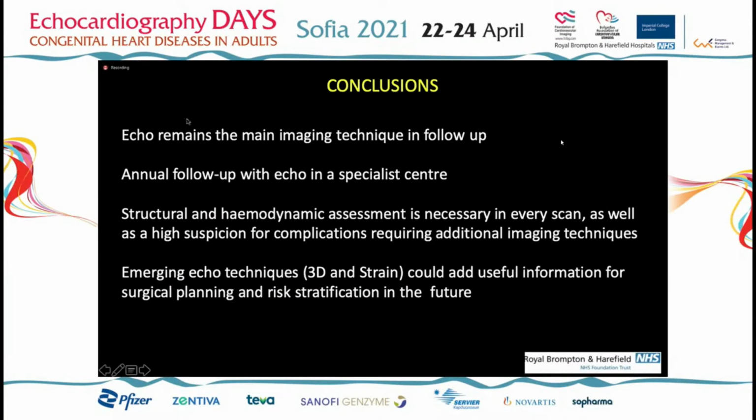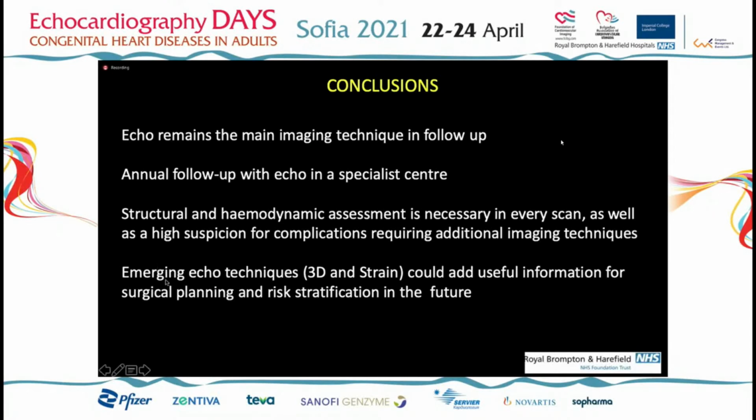the beginning of the assessment of the disease, as mentioned in the previous talk. Annual follow-up with echo is recommended in a specialist center, but it might be more frequent in patients with residual hemodynamic lesions or in case of clinical deterioration. Then the structural and hemodynamic assessment is necessary in every scan, as well as has suspicion for complications that may require additional imaging techniques, like for example, peripheral pulmonary stenosis or pulmonary hypertension or coronary artery disease in case of